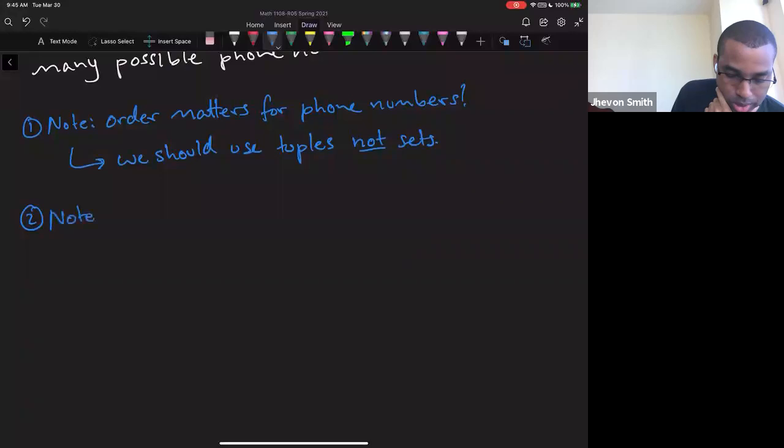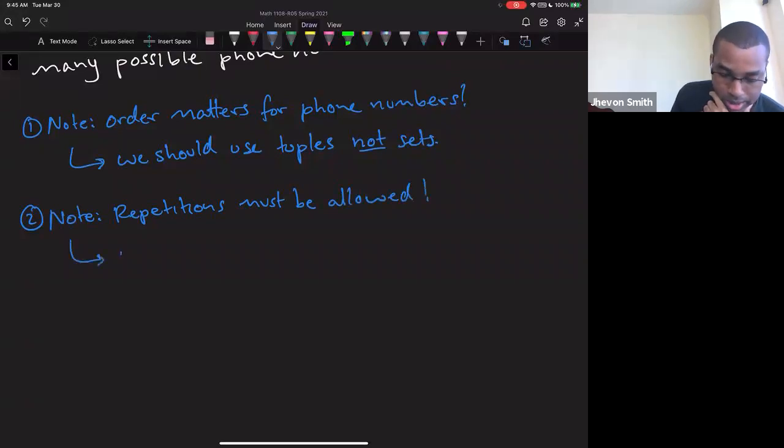Also note, repetitions must be allowed. And again, that means we should use tuples, not sets,